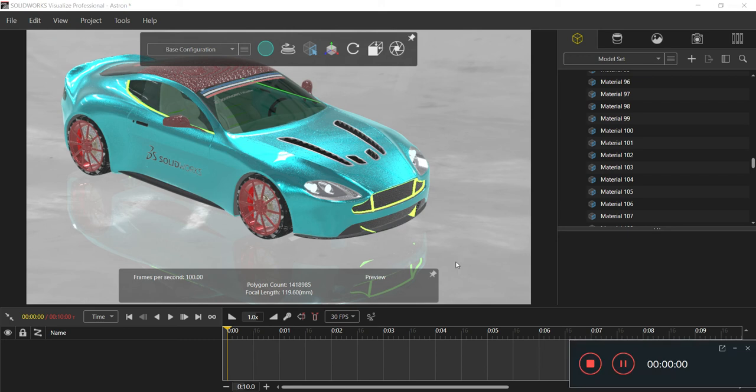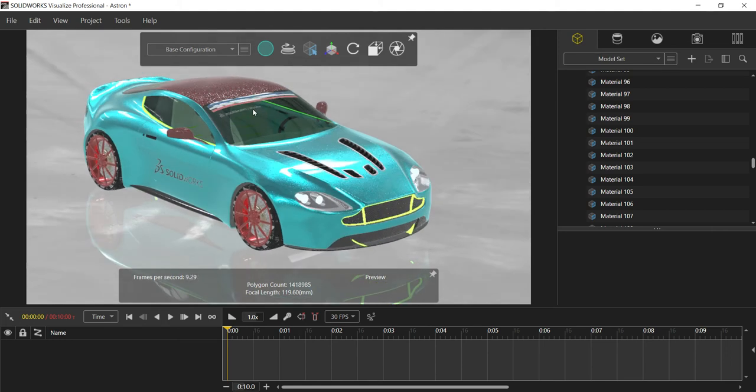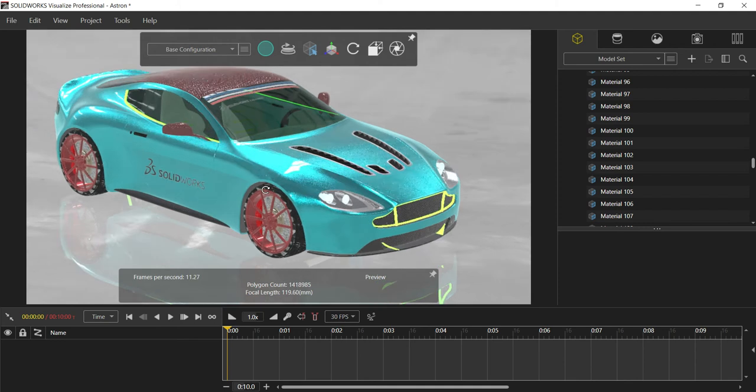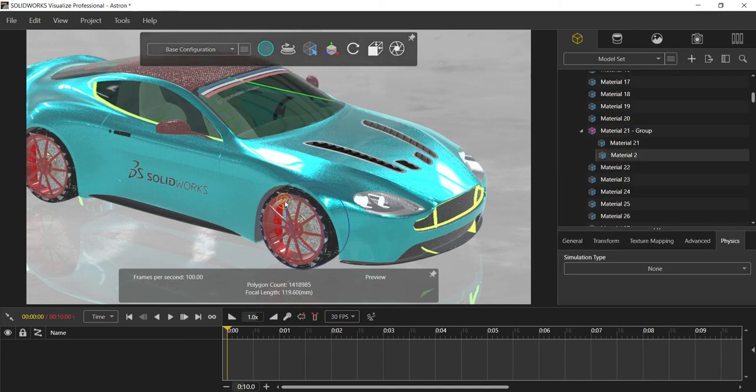Hello everyone. Today we are going to deal with SolidWorks Visualize, that is driving simulation. So how to drive the car using the simulation wizard. For that I need to group the wheels, front as well as rear wheels. So for that I need to select the parts from here. Selection tool, I will activate the parts. I'm going to select the parts and I will group them